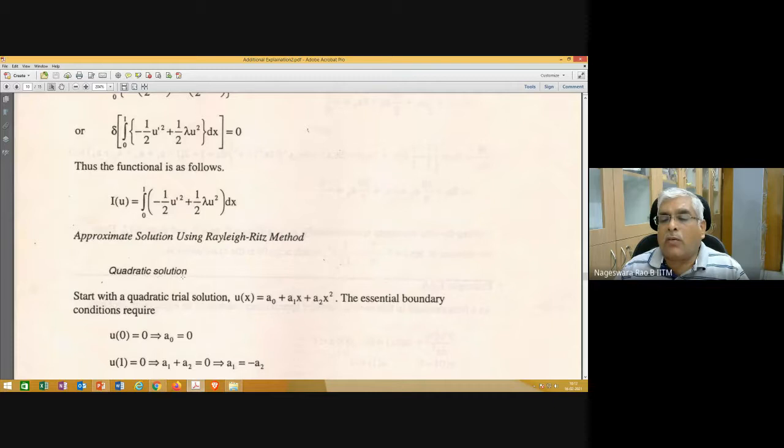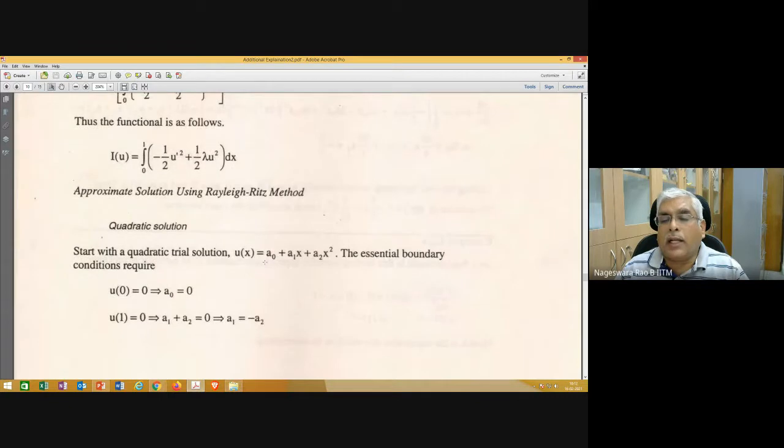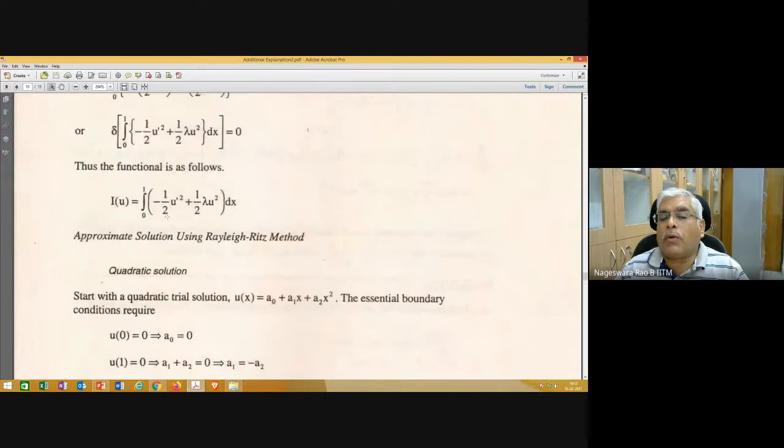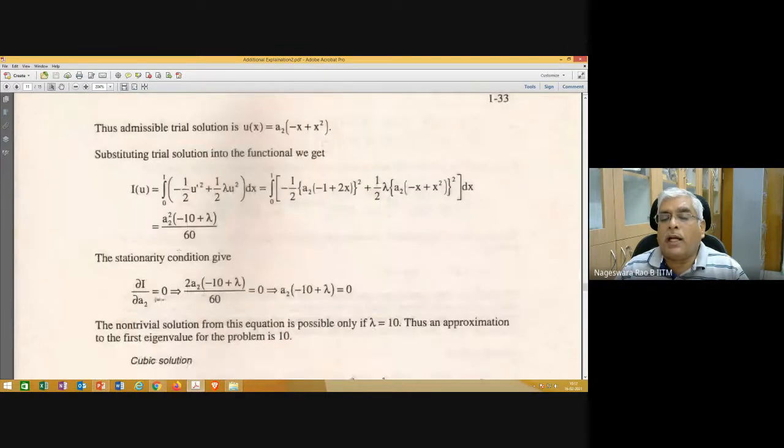Here again, the workout is given with a quadratic trial solution as well as a cubic trial solution. Here the quadratic trial solution is taken, and then you need to make that trial solution admissible by applying essential boundary conditions. Once you apply essential boundary conditions, you are going to get an admissible solution. Take this admissible trial solution and substitute into this equivalent functional and apply a stationarity condition or stationarity conditions, depending on the number of unknown coefficients that need to be determined,